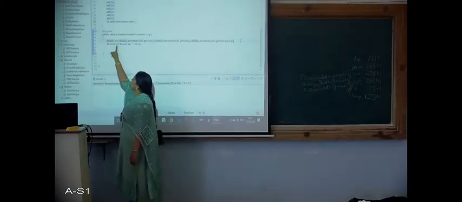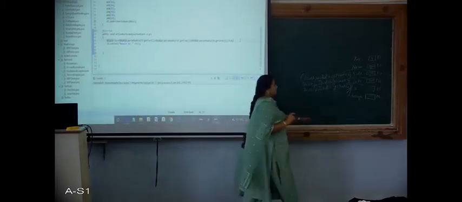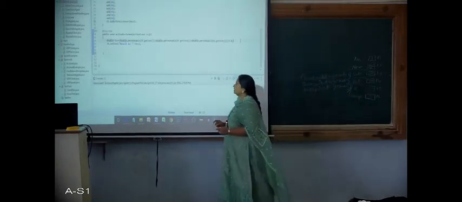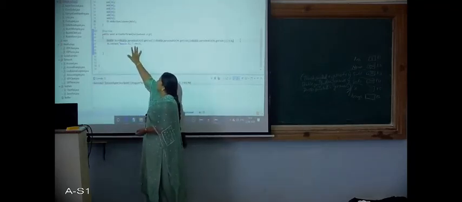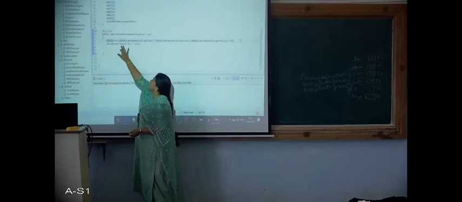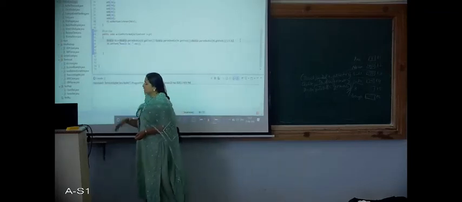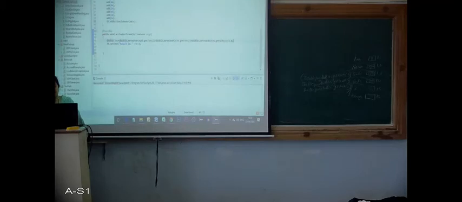So where we want to set this text? In this text field T6. So this is our T6. Correct? So T6.setText. So what you want to print there? The result. If you want, you can print the message or you can directly print the result. Now let's run this applet and see whether we get the result.